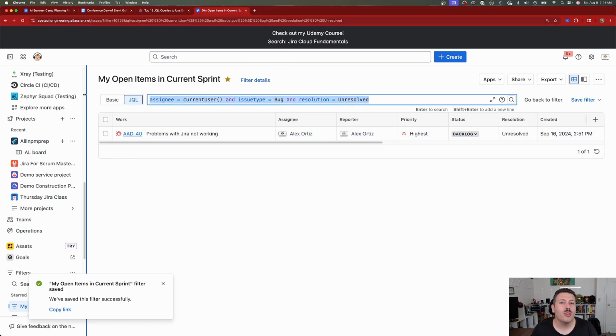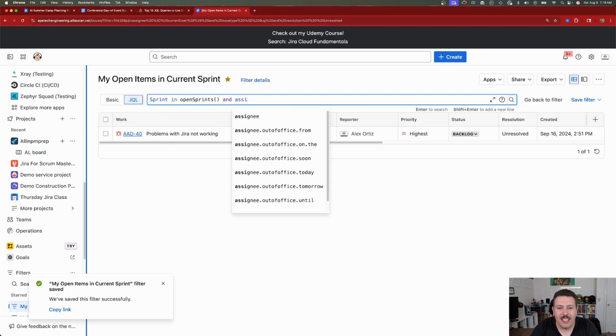Now, in the spirit of Agile, you're technically not supposed to assign the work to individuals. You're supposed to just let the team self-organize. So in that spirit, what we're going to do is find all of the unassigned work in the current sprint and just figure out if we need to pick up anything. And it's always a great query, because if you have finished your last task and you're looking for something new to do, then we can easily go and find work that needs to be done but isn't currently assigned to someone. So we're going to do sprint again in, and we're going to do current sprint